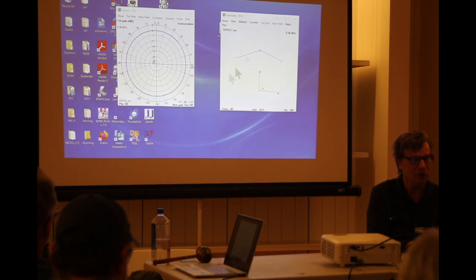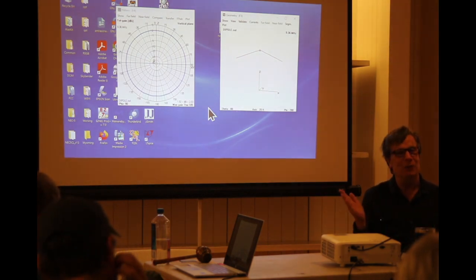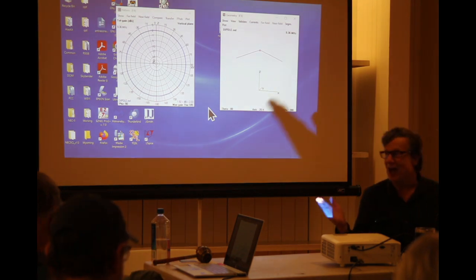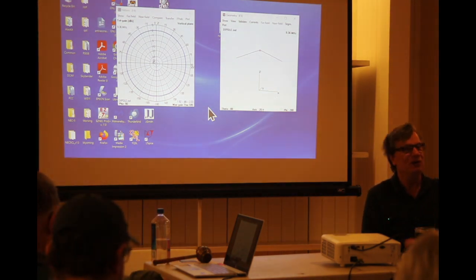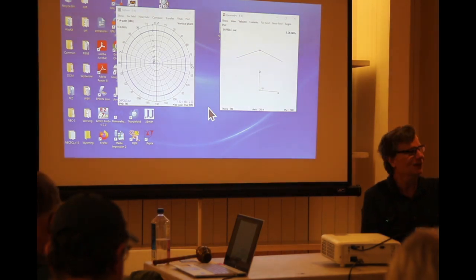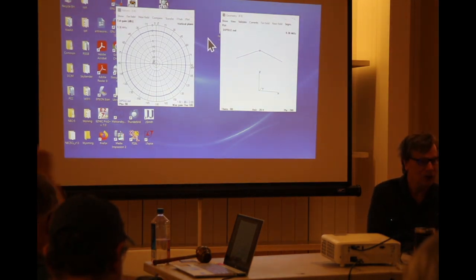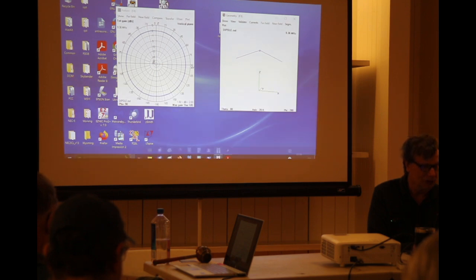So 4NEC2 is a program of my preference, and so what we do here is once we have this thing open, we'll build an antenna from scratch, and we'll start with something that we know, okay? We all kind of know what a dipole is supposed to look like. Anybody done antenna modeling already? EZNEC? Okay, now you have. Okay. So what we do here, first thing we need to do is get to our main